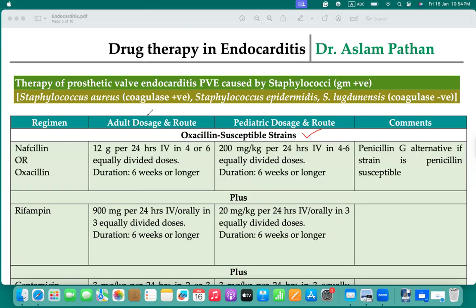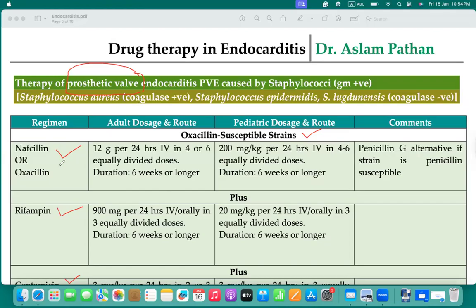For oxacillin-susceptible strains and prosthetic valve, if there is a prosthetic valve, we need here 3 antibiotics. First one is nafcillin or oxacillin. Second one is rifampicin or rifampin, and third one is gentamicin. Now,